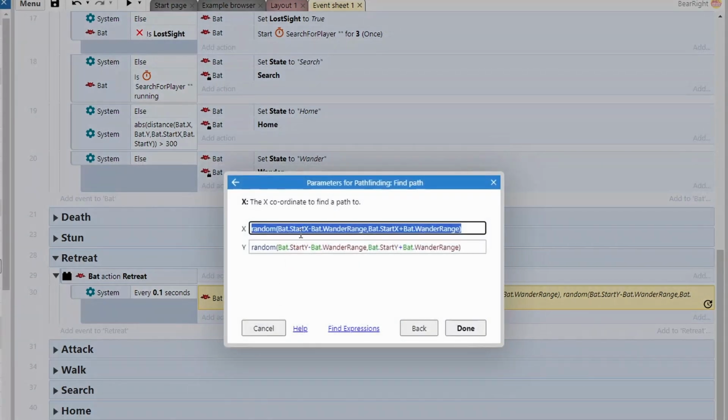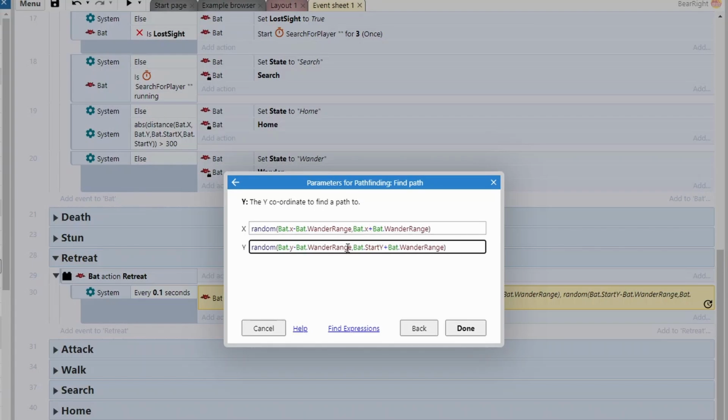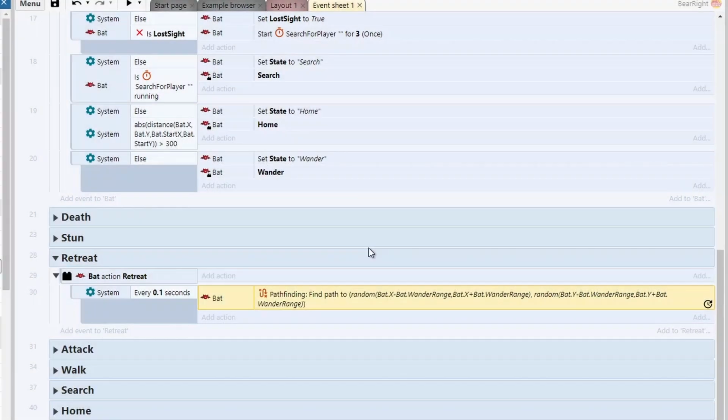And instead of taking the bat start X position, we're just going to take its X position. What this will do is just generate a random position nearby that it can go to that should be hopefully away from the player. It's not going to be perfect, but trying to get it perfect actually is a lot of calculations that can get really, really laggy